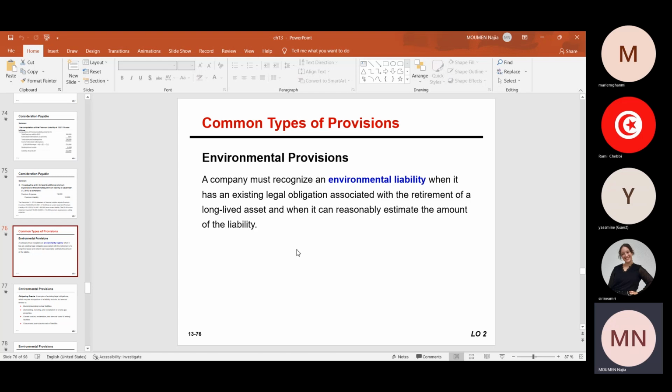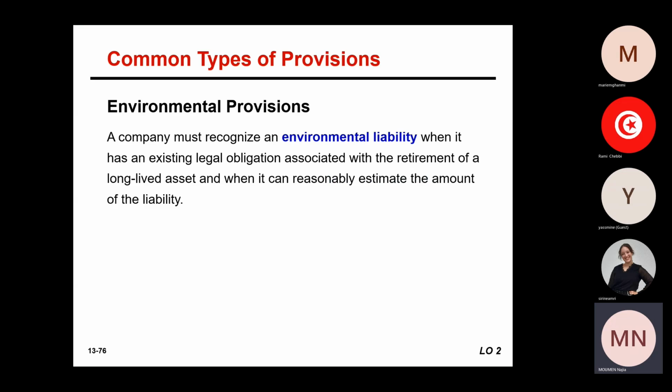Let's see the last type here for common type of provision, the environmental provision, that's important also. So we have seen the litigation, we have seen the warranty liability, and now we will see the environmental provisions. Okay. So for environmental provisions, as a firm, they must, of course, recognize an environmental liability when it has an existing legal obligation associated with the retirement of a long-lived asset, and when it can reasonably estimate the amount of the